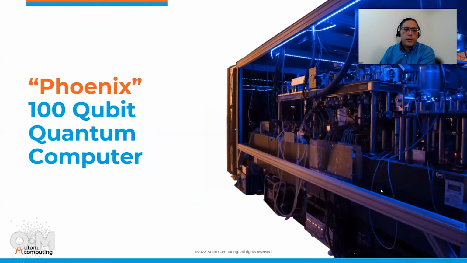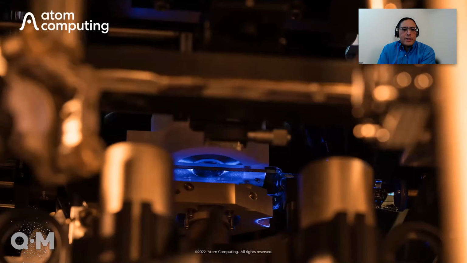So here's a photo of our 100 qubit system. It is a little bit like a science experiment looking device. As we move to a commercial system, a lot of these things get buttoned up, modularized, really controlled optics. We know exactly what we want to have, and we can make this in a very clean way. So you'll see a change in the view over time. And if we wanted to peek inside and see where the action takes place, deep inside that computer is an area where we have a glass cell where we're holding our atoms and doing the operations on them in that blue area.